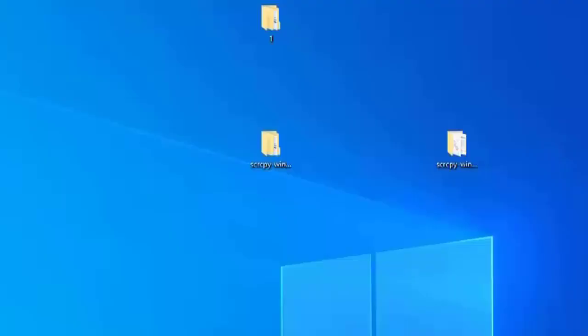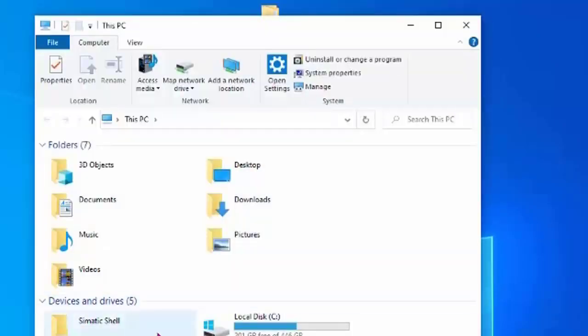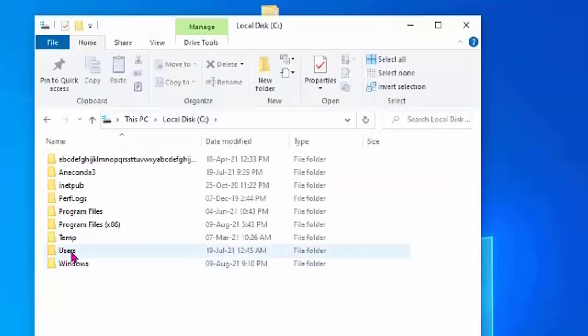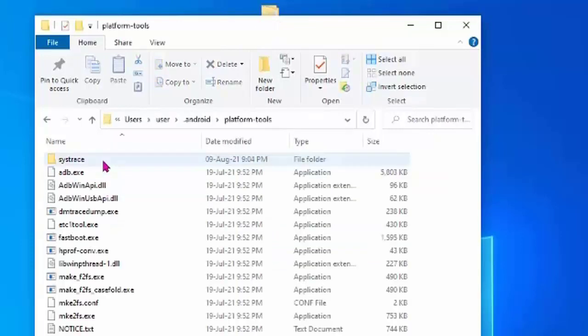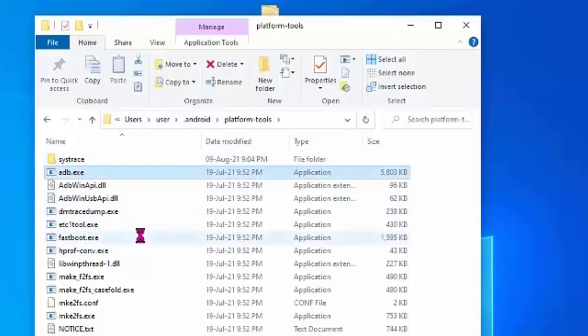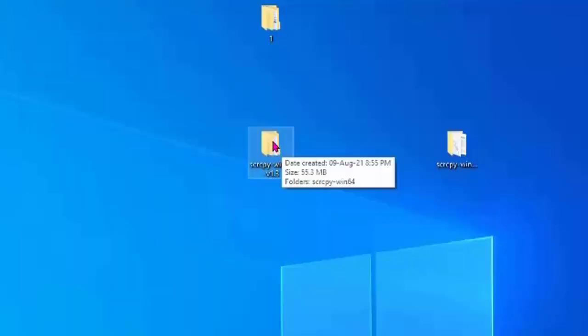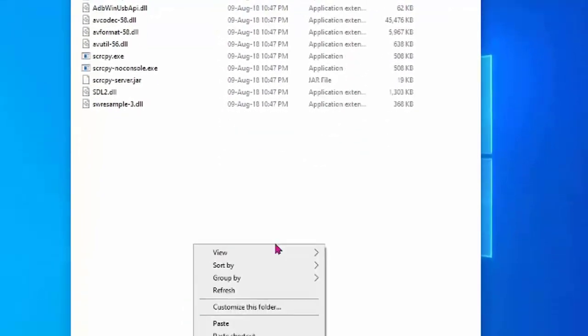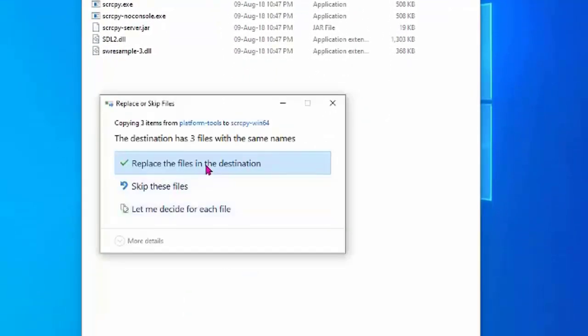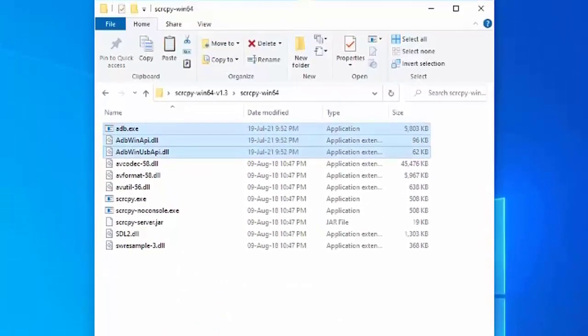After restarting my desktop, again I am trying to copy and paste those files. C drive, Users, user, .android, platform-tools, taking these three files, copying them, pasting them in my software folder, replace the files in the destination.